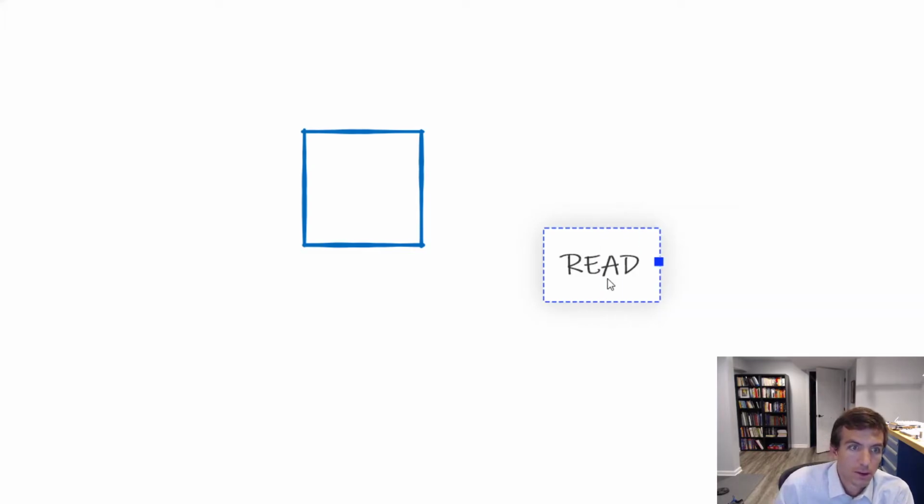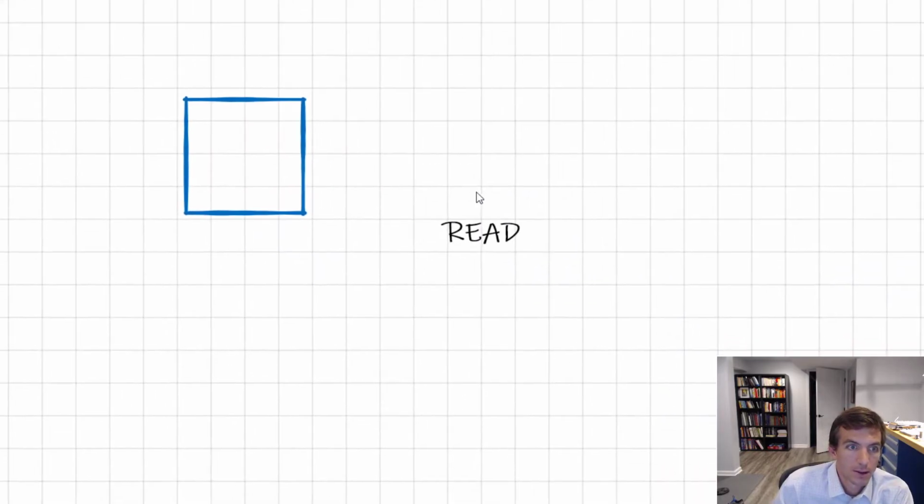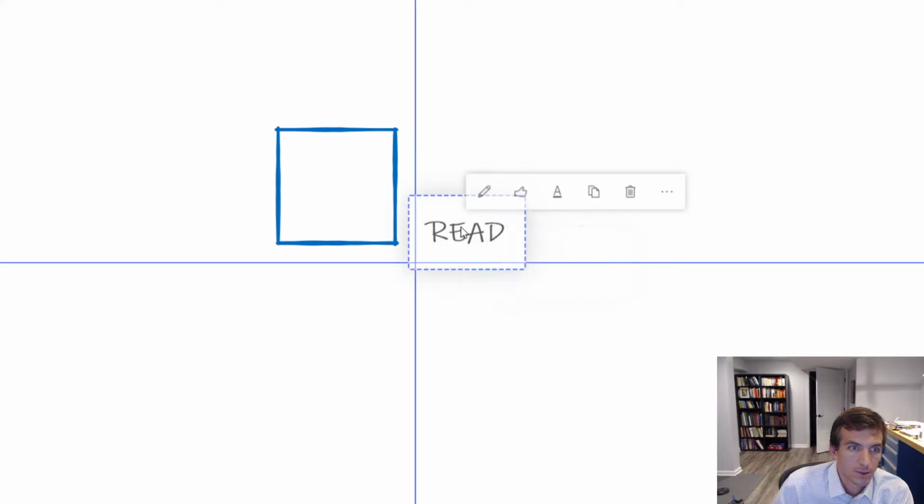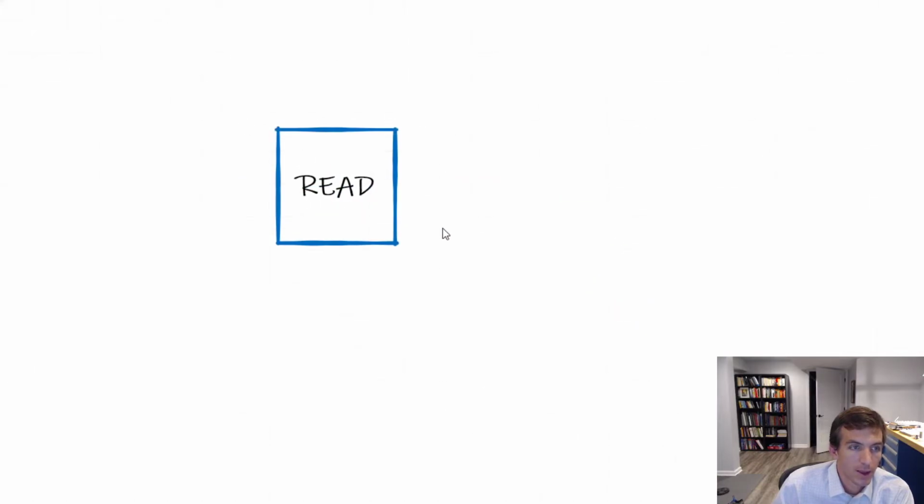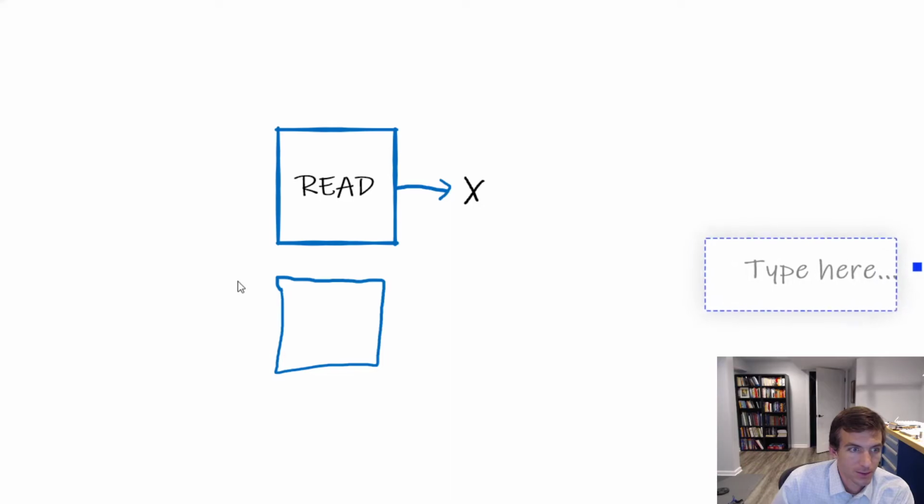So read here. Can I do this? I'm still learning all my tools. Okay. So when I say read, this thing is a box that can produce some output, right? And I'm going to save that output. I ran this thing read and I put it into X. I have other built-ins that take inputs. I didn't draw that well enough for it to recognize it as a square, but it's okay.